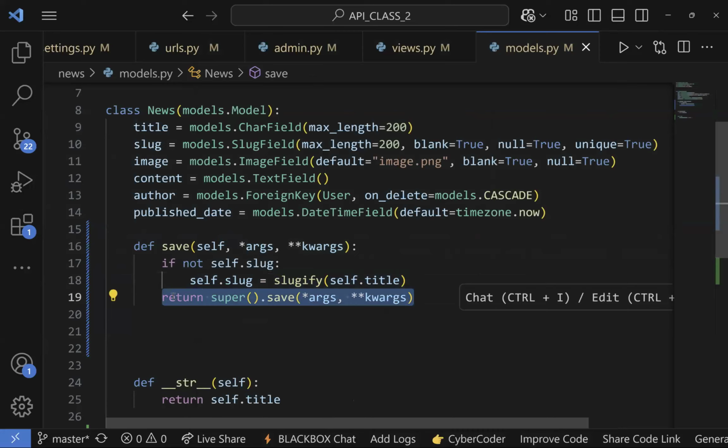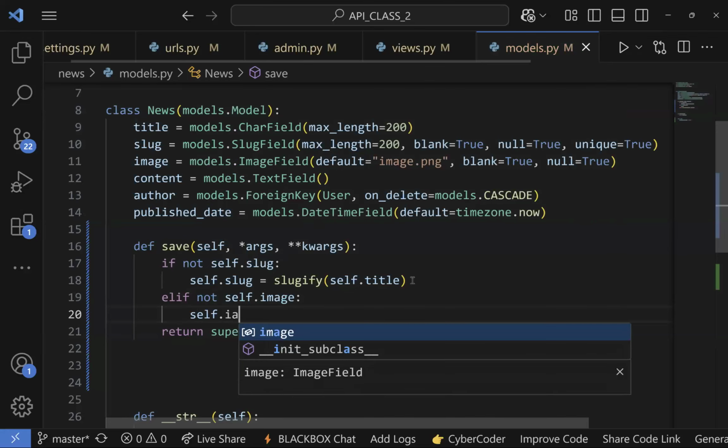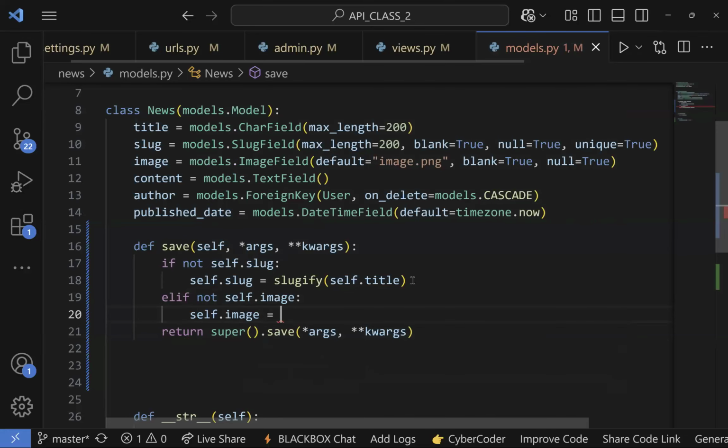This is a generic function. What I mean is this is the standard. If I want to do it for another field too, I can say if the person does not put image, just as an example to show you how it works. If the person does not put in an image, I can say the image is now equals to, I can pass in the path to an image or something. So I say something like,